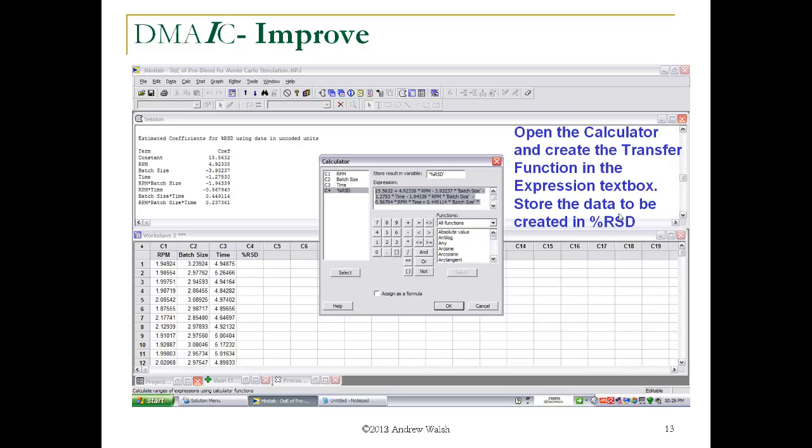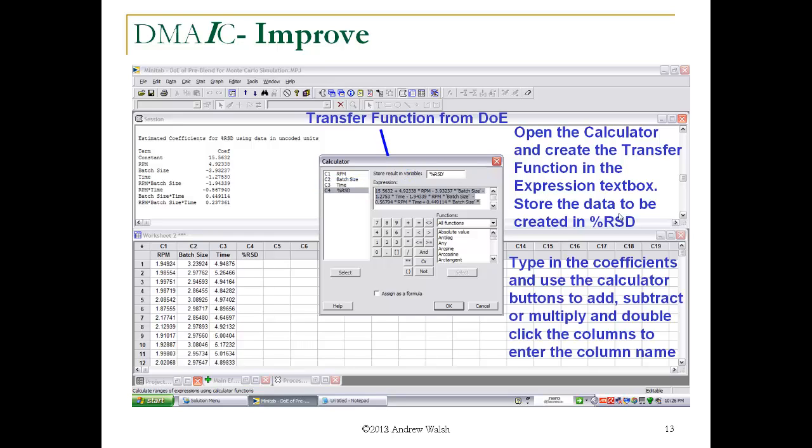Now, open the calculator again and create the transfer function in the expression text box. Store the data in a column that we create called %RSD. So we'll click on %RSD, and that's where we'll store the data. And then we'll type in the coefficients that we find in the transfer function into our calculator. It's recommended to use the calculator itself to enter your data, and also to use the function